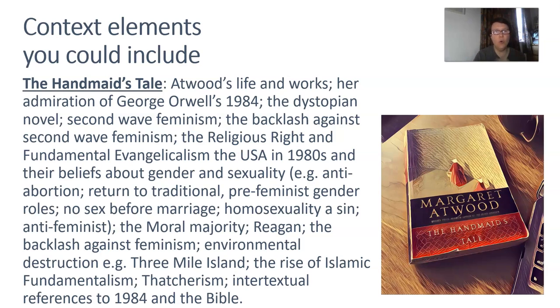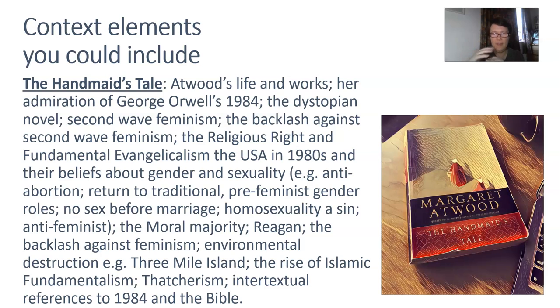And then we've got all sorts of issues to do with gender roles and sexuality. So you go all the way from women as housewives through to the contraceptive pill and abortion. Remember, we talked about eugenics. We've got homosexuality, pornography, all of that stuff, abstinence, that we see coming out as ideas in the text. Then we've got the environmental destruction that we've looked at. We've got the rise of